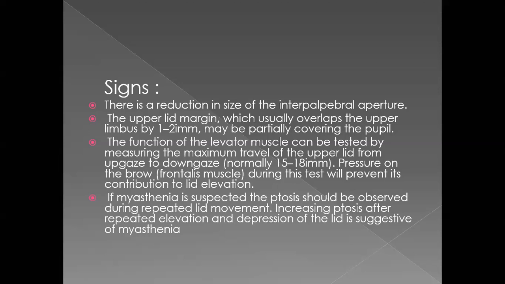फैटिगेबिलिटी टेस्ट में आप क्या करेंगे, जस्ट मेजर the degree of ptosis in the primary gaze when the patient is looking straight, okay, and then ask the patient to look up for 5 minutes. उसको कहें कि अब आप छत की तरफ देखो 5 मिनट के लिए, and then measure the degree of ptosis after 5 minutes. Okay? उसके 5 मिनट के बाद आप उसकी अपर आईलिड की नई पोजीशन देखें, सेंटर ऑफ द अपर आईलिड. इफ द ptosis increases, it means the patient have fatigue.